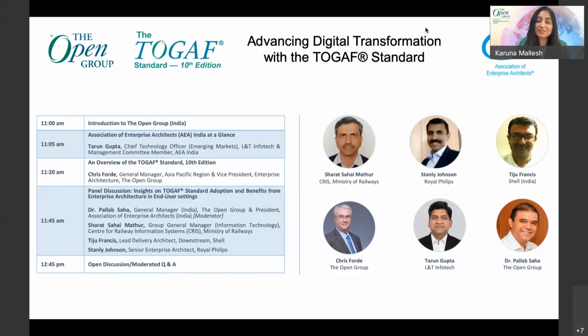Building over a period of 25 years of development and constant input from the forum's global community of EA thought leaders, the TOGAF Standard 10th edition expands the material available to architecture practitioners to adopt best practices more easily. The TOGAF Standard today is being used by small, medium, and large commercial businesses, as well as government departments, non-government public organizations, and defense agencies. With greatly expanded guidance and how-to material, it enables organizations to operate in a more effective and efficient manner across a broad range of use cases, including agile enterprise and digital transformation.